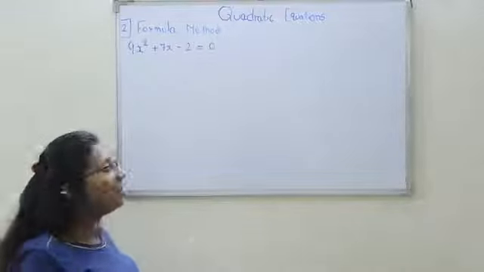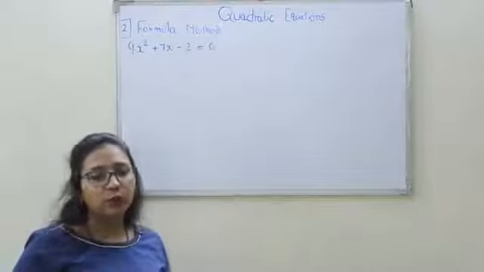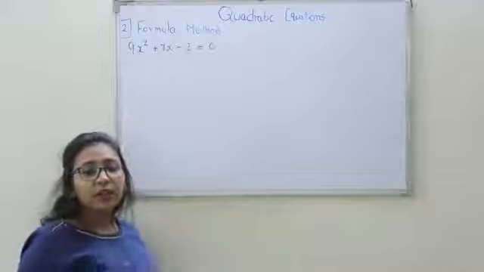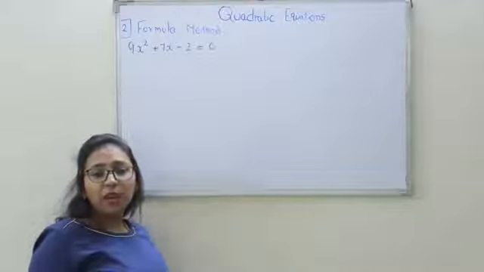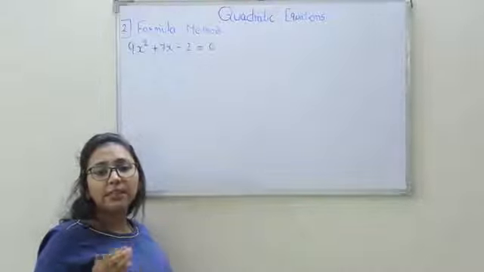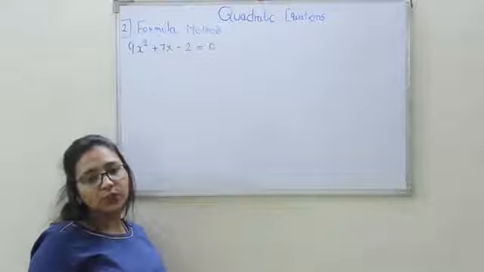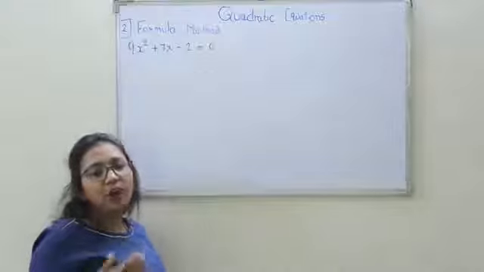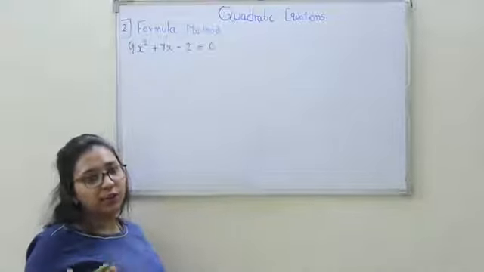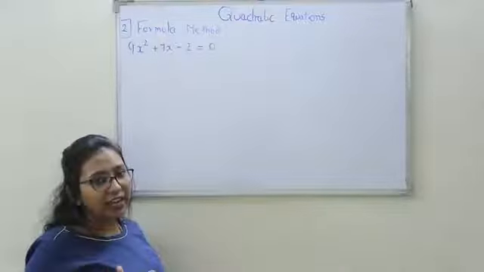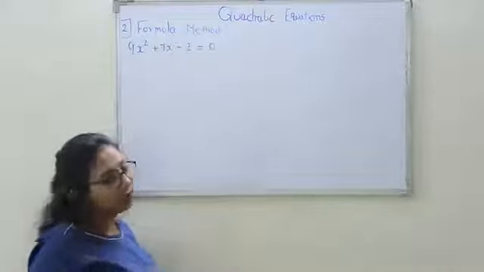If it is in standard form, good. If not, you have to first convert and then begin. So it is already in standard form. The second step, we have to write the value of a, b, c by comparing with ax square plus bx plus c is equal to 0. That is, you have to compare with the standard form and write the value of a, b, c. I again remind you, a is the coefficient of x square, b is the coefficient of x and c is the constant term. So let's write.